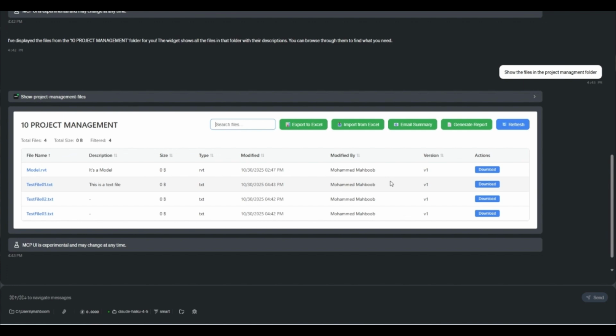So I think I'll try to conclude this video now. But what we are really trying to see here is more of these intelligent interfaces that can really connect to wider enterprise systems, whether it could be Autodesk, Bentley, or SAP, or so many other applications. So